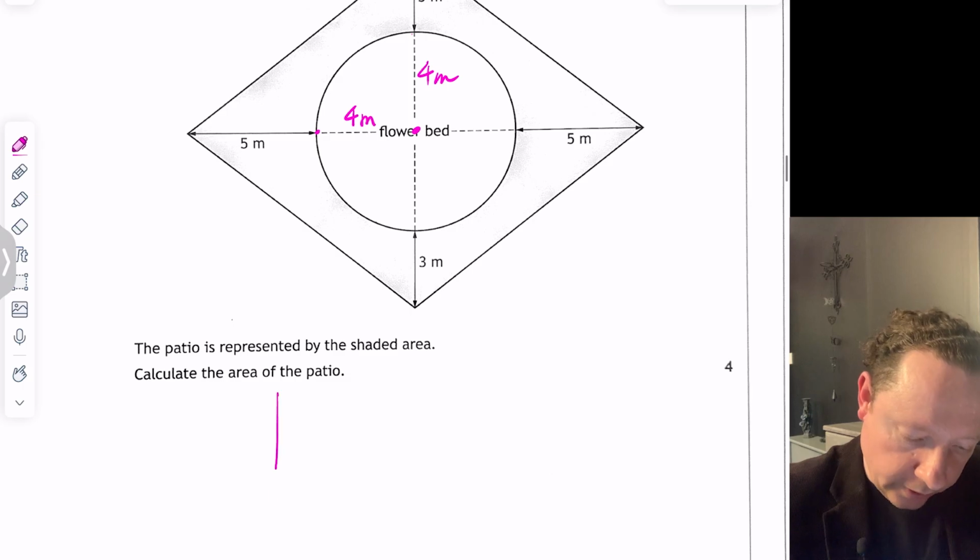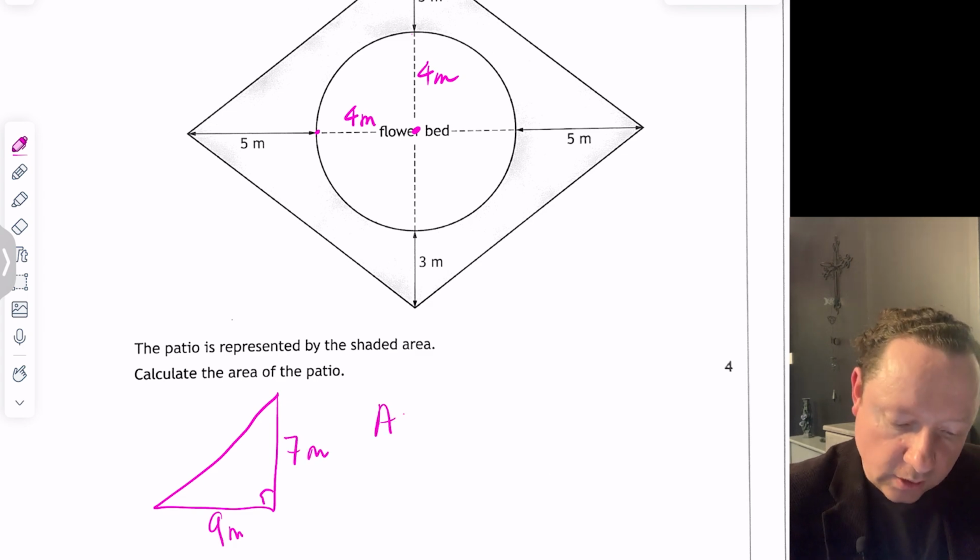Let me just draw out one of these triangles. We've got 5 and 4 make 9 metres on the bottom, and going up the way, we've got 4 and 3 makes 7 metres. So the area of a triangle is a half the base times the height, 9 times 7, and I've got